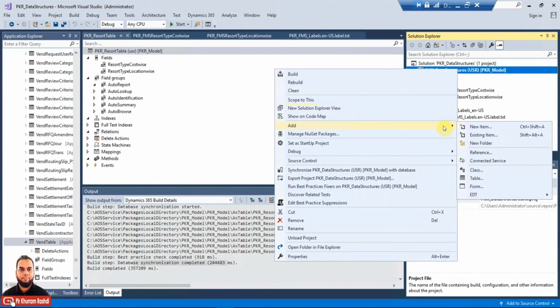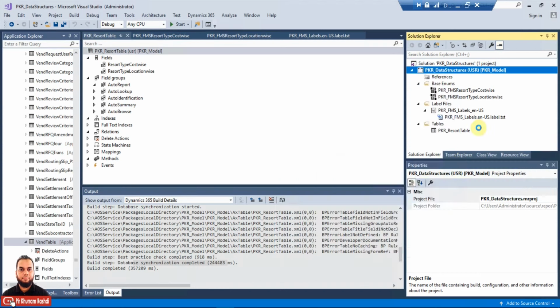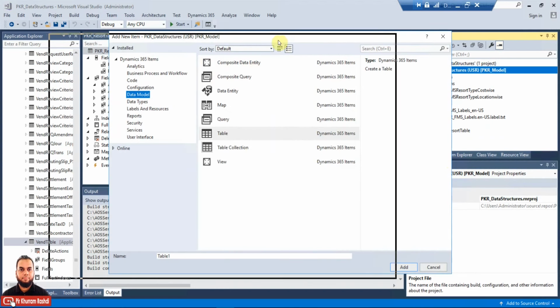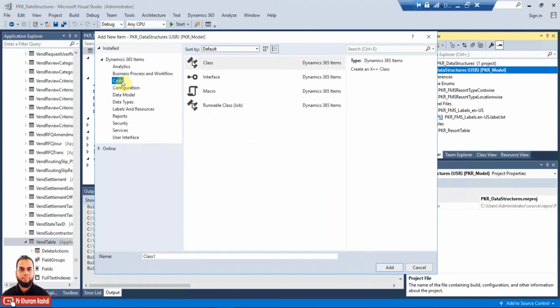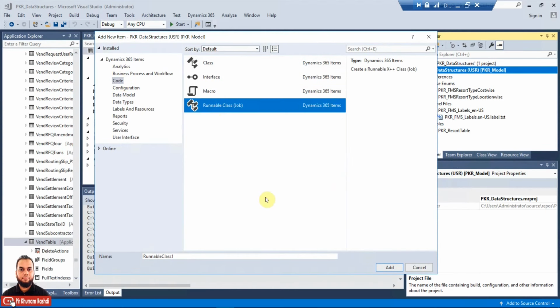Previously there was a job in AX 2012 and even AX 2009, but now there is no job in D365. So instead of job, if you go to the code, you can see here runnable class or a job. In the bracket it is written as job. In fact it is not a job, but it is a runnable class with a static method called main.